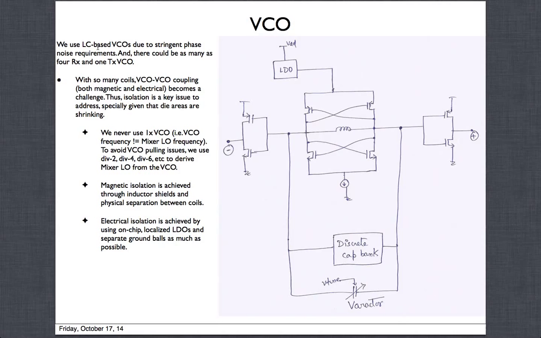So the first challenge we face in all these VCOs is how we are going to put more and more coils on the chip but still not couple. Both magnetic as well as electrical coupling becomes a really big challenge. So isolation is where the key comes in. When you make these big systems and put everything together, a humongous amount of effort goes into studying isolation, to carefully, with experience, do things which are right and not do things which are wrong.